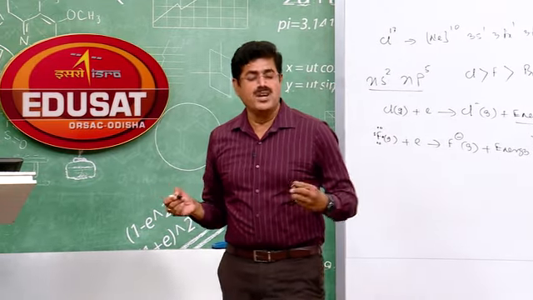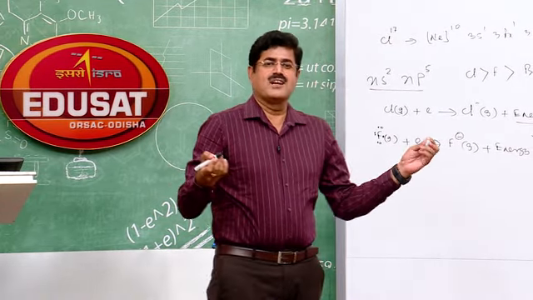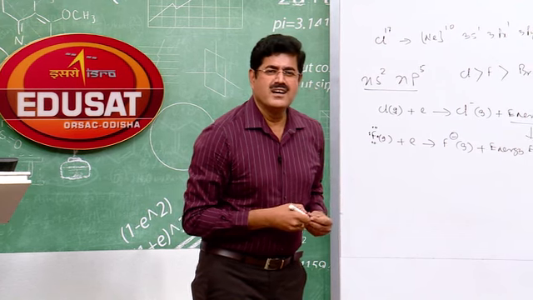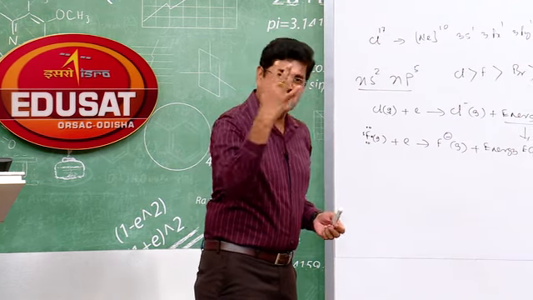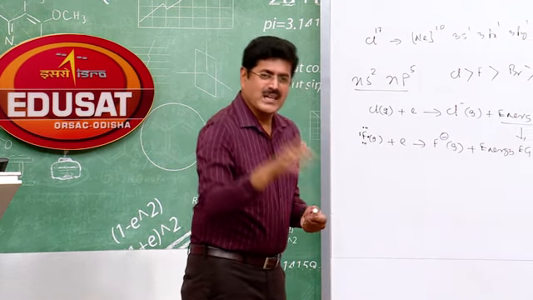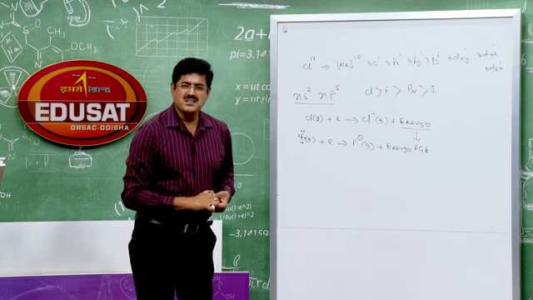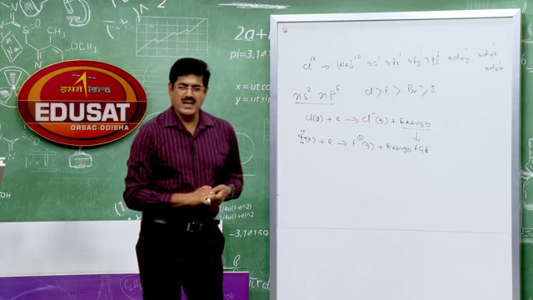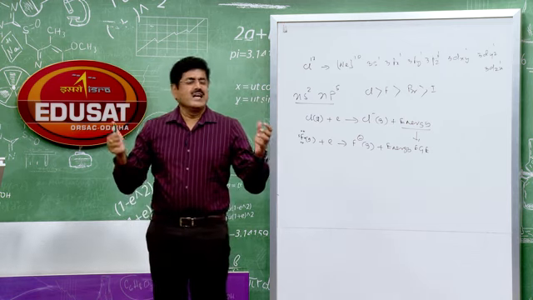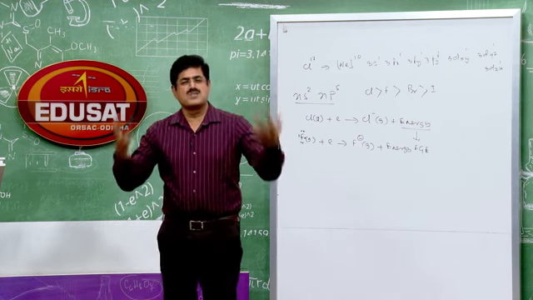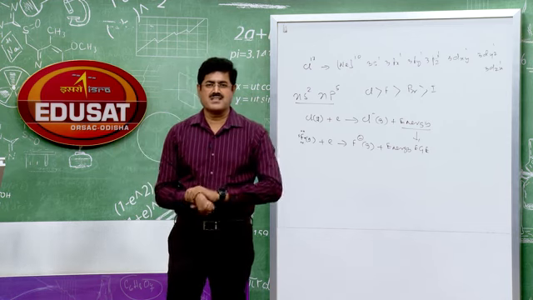How many half-filled orbitals, orbitals with one electron? Students, how many? Yes, 7 half-filled orbitals. So that is why the covalency of chlorine can be 7. That is the maximum covalency of chlorine. So chlorine, bromine, iodine can extend their covalency up to 7 due to the presence of vacant orbitals.